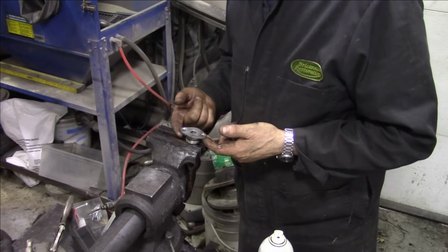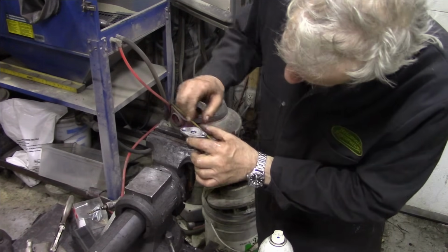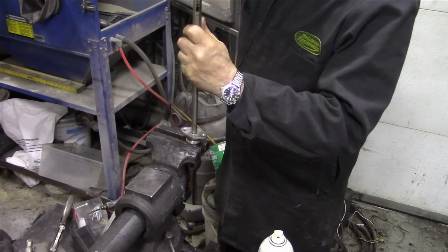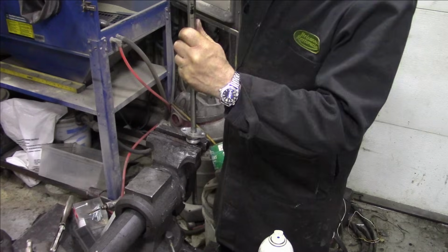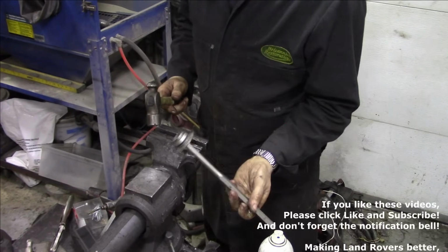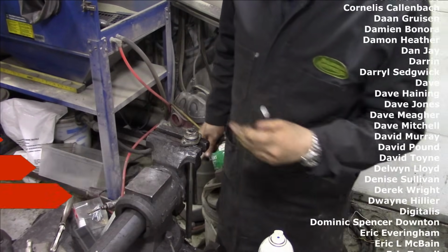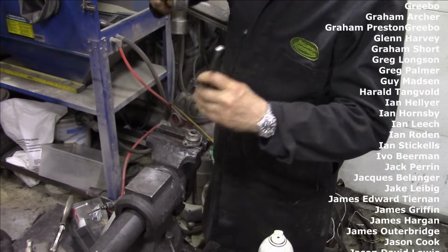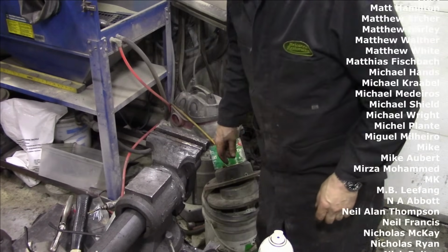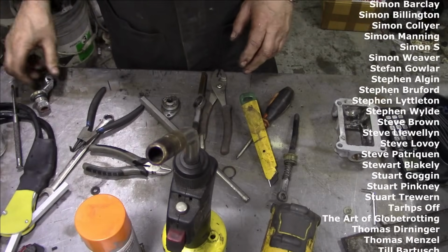Don't support it on the lugs. Don't support it there, but support it on the main body, and we'll get a big punch now. Ta-da! Now we need a punch to get this piece off. We'll just turn that upside down and use a punch. I did it like that so I didn't bell over the end of the shaft, which would make it even worse. So now we've got all those bits out, we can sandblast and clean those individually and